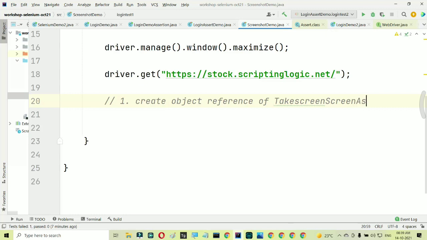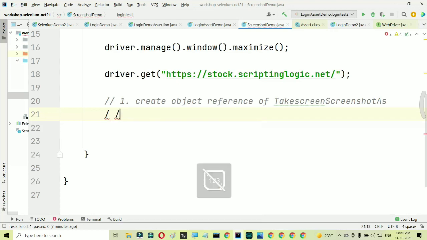So TakesScreenshot, and assign a driver to it. Create an object reference of TakesScreenshot and assign a driver to it.